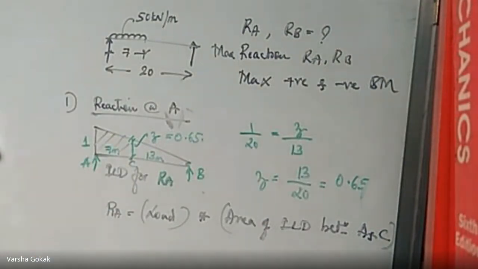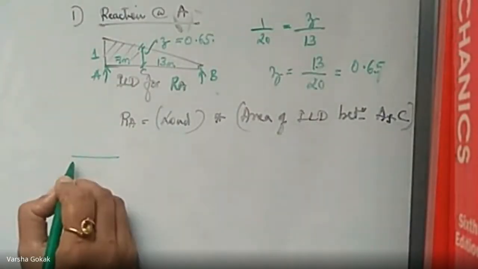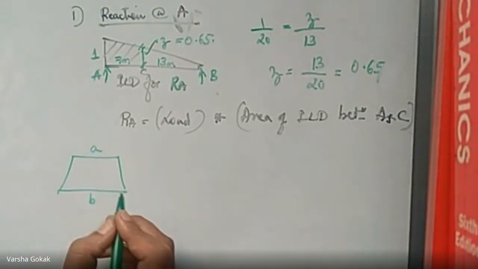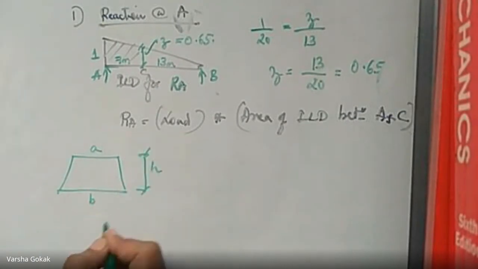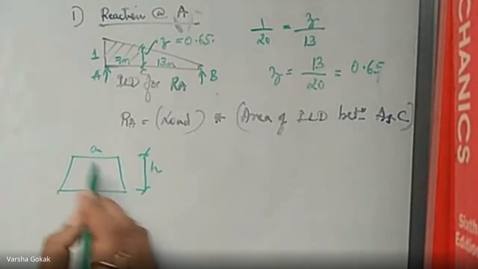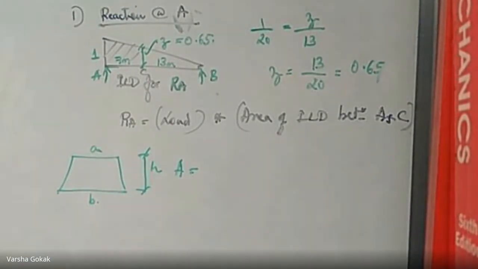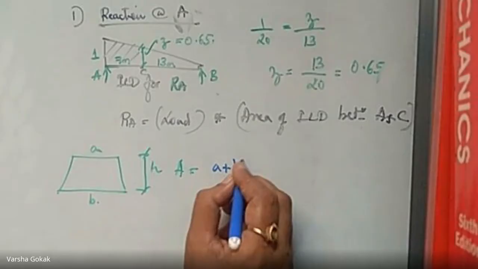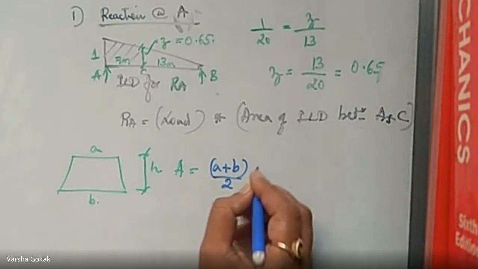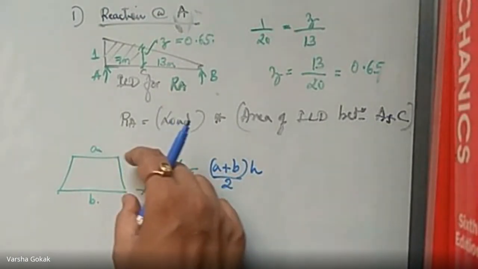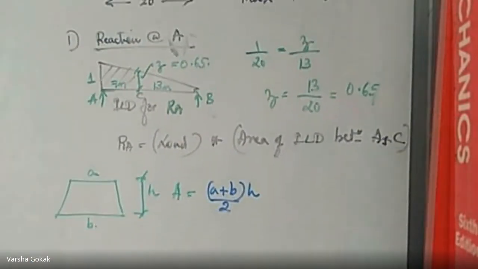Now, who can tell me the area of the trapezoid formula before continuing this? You have a trapezoid like this, right? Say this is side A, this is side B. It has got a height h. A and B are parallel sides, and these are the non-parallel sides. So what is the formula for area? Can anyone guess, or does anybody know? A plus B divided by 2 into h. Yes, A plus B divided by 2 into h, where A and B are your parallel sides, and h is the distance between them. So that equation I will be using over here.